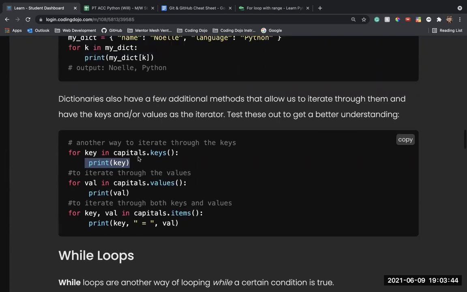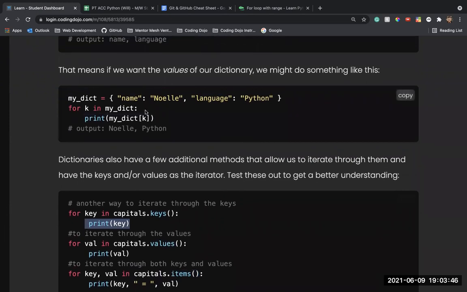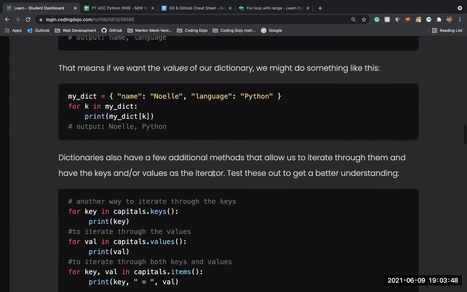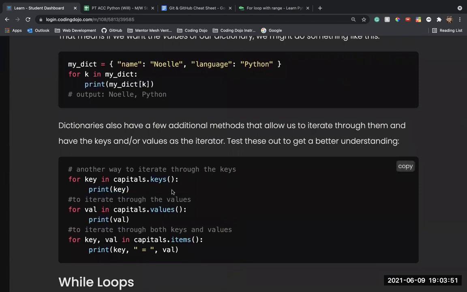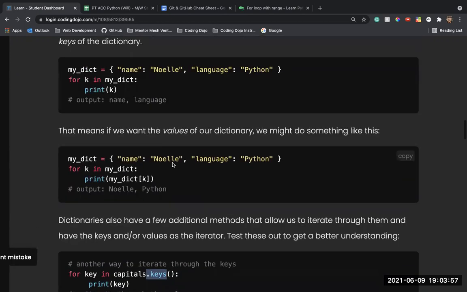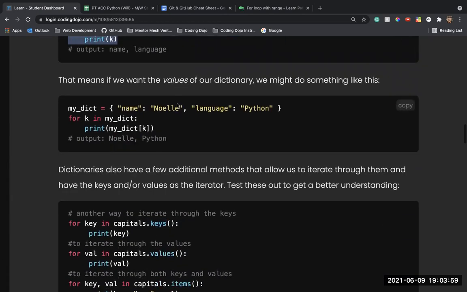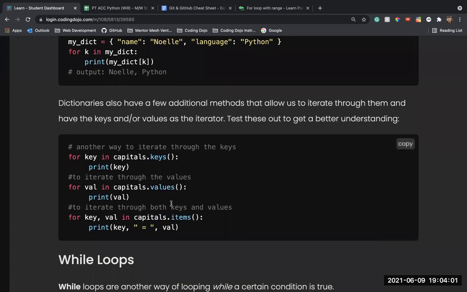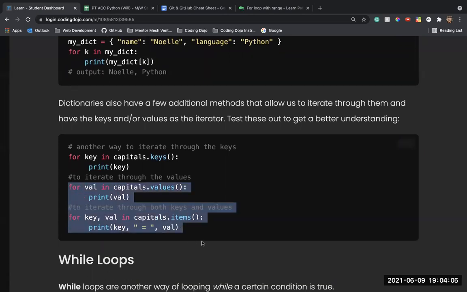And then if I want it, which is very similar to this guy right here, right? Now, if I just wanted all the values, it's going to iterate through all the values. I can run this dot values, which is a little bit more useful than this dot keys, because dot keys can be accomplished by doing this exact same thing. So it's kind of silly. But what's really important is these two right here.